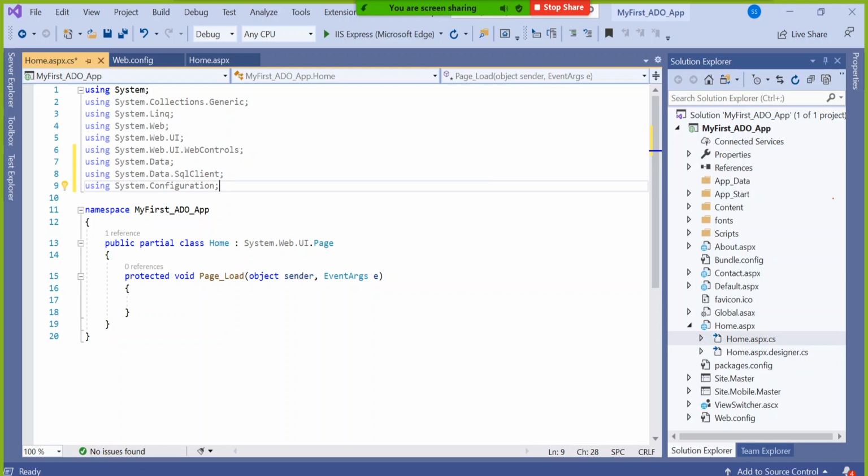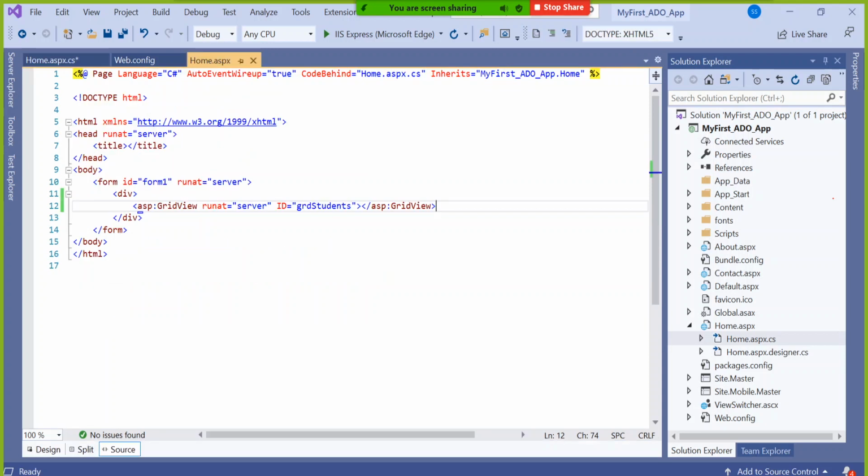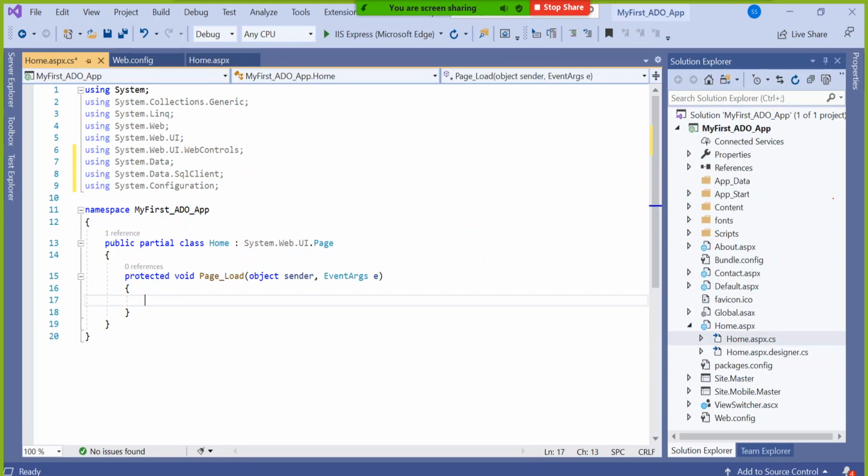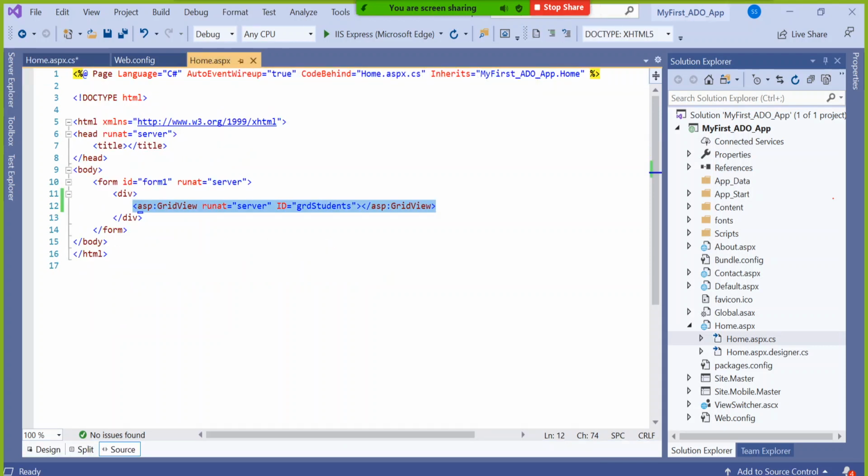Only the environment will be different when we go to MVC, guys. Like here we typed asp colon, there we will type something else, but the steps of approach, the coding steps, the coding commands, the namespaces, that means 90% is the same. Only that 10% difference is the HTML part.